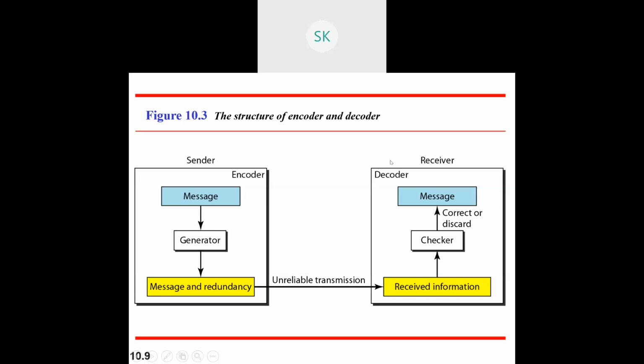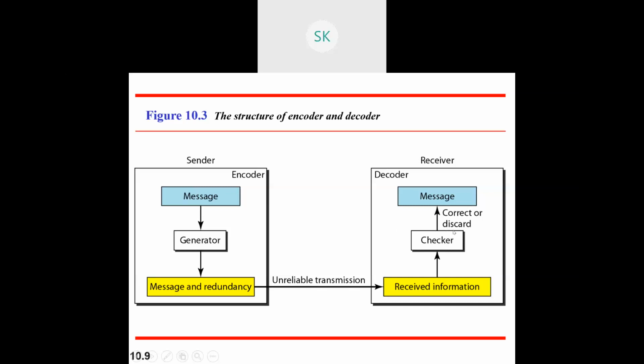On the receiver side, we don't have an encoder. We should not have it because already it is transformed from readable format to unreadable format. Now our step is, from the unreadable format, we need to get back the result in readable format. For that, a decoder is needed. Instead of this generator, I'll change it to a checker. What is this checker all about? That's what we just went through, right? Whatever bits we were transmitting, we were checking whether the parity is one and the same or not. If there is a change, then that should be addressed. So that is what the checker will be doing.